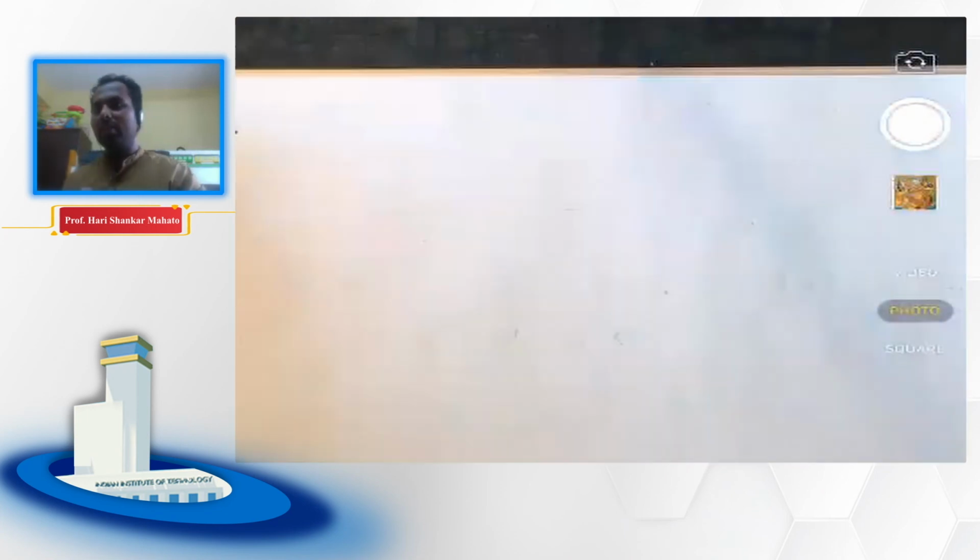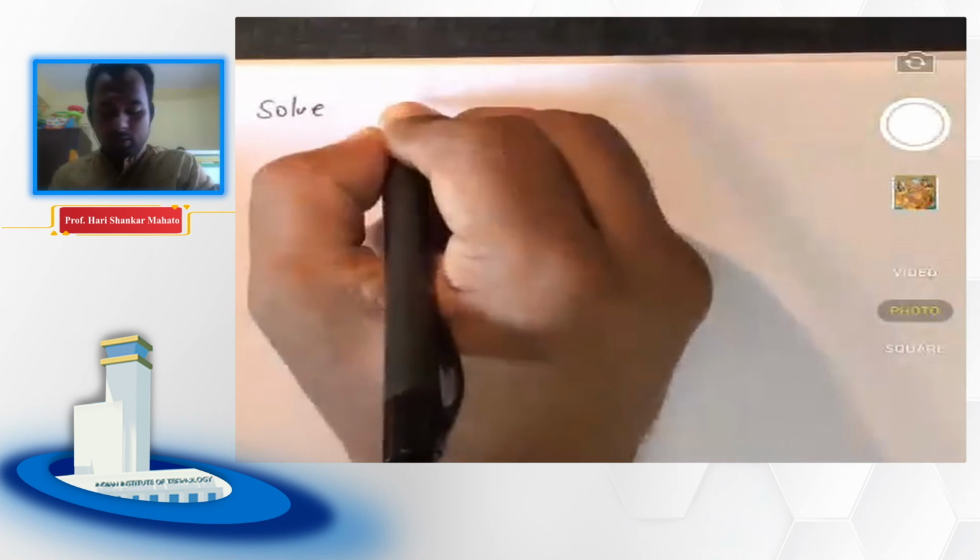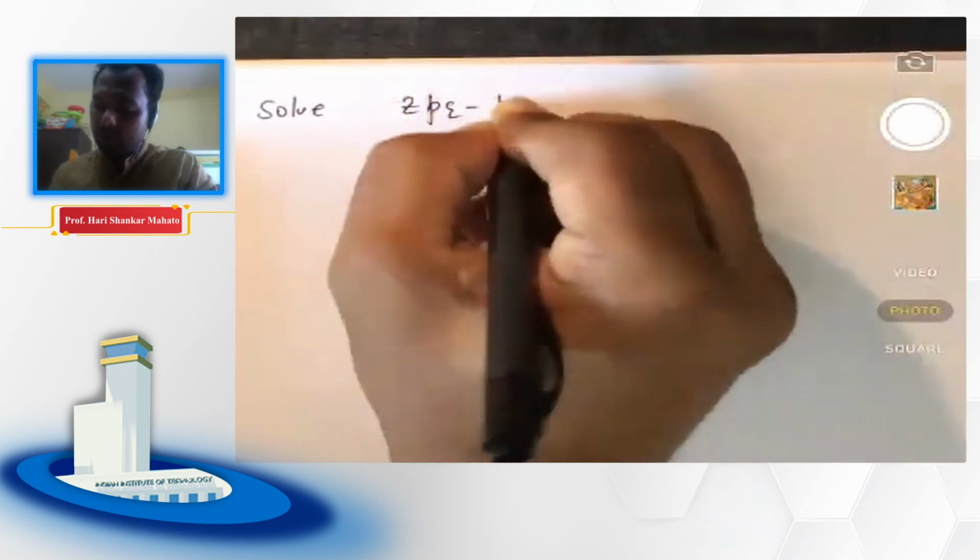because substituting in dz equals p dx plus q dy, that is not changing. What is changing is how we are finding out the p and q. And there are techniques with the help of which you can directly guess, okay, this is my p and this is my q. One possible example is example 2. Solve for the complete integral: z pq minus p minus q equals 0.